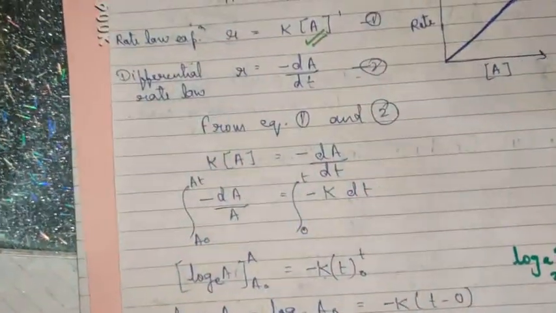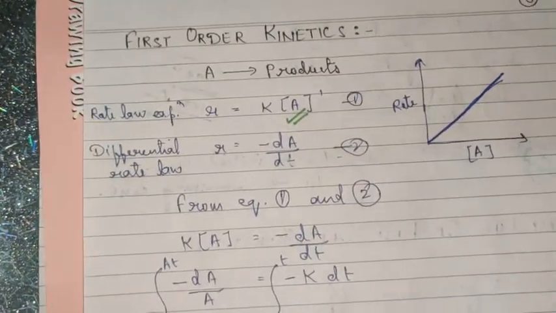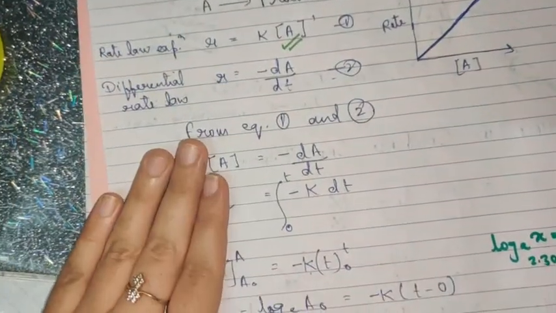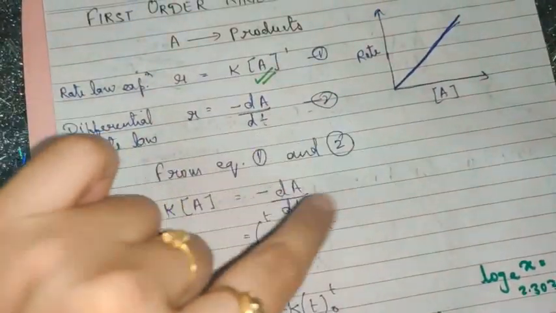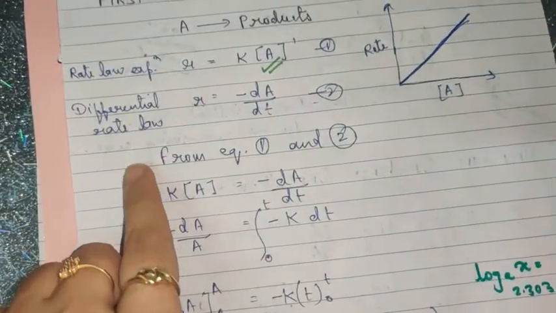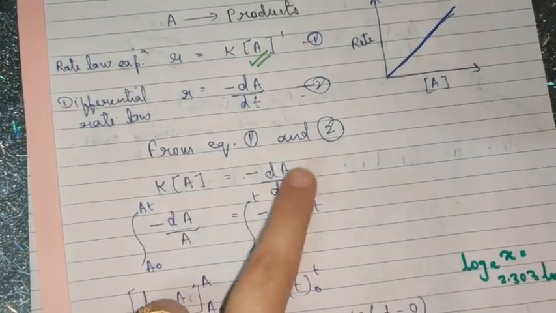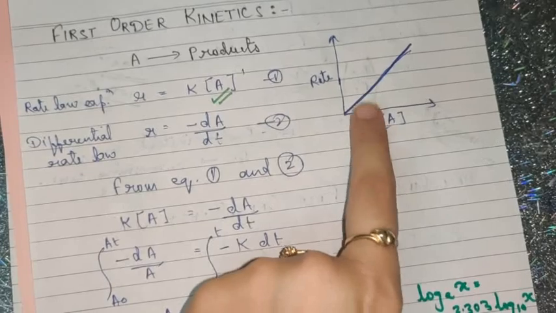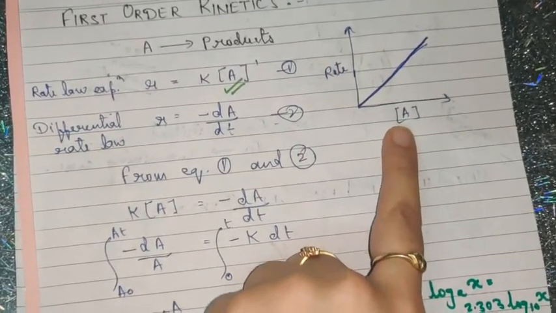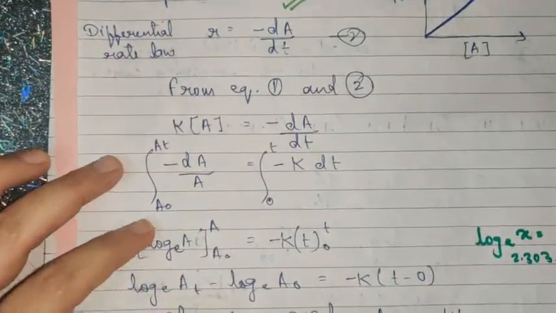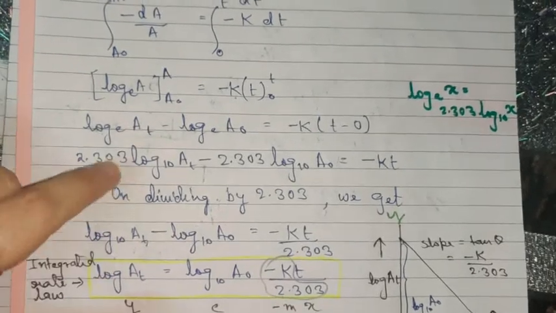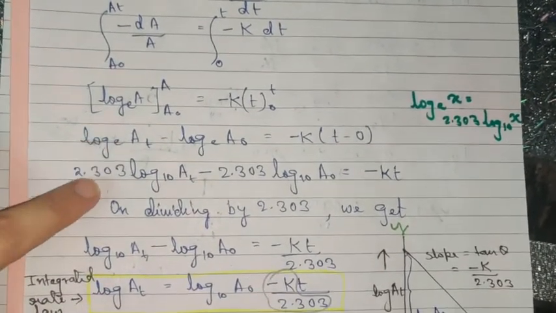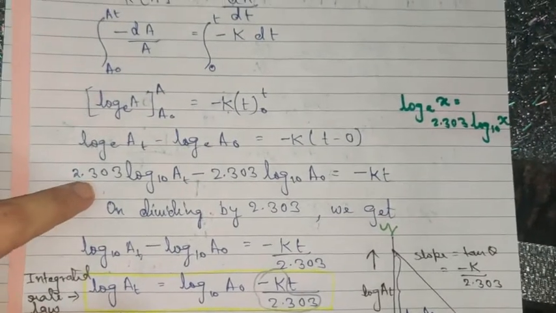So let us quickly see what we have done in this session. In this session we discussed the first order kinetics. Now in first order kinetics we used again this integration method. I hope this part is clear to you. A simple rate law expression and then differential rate law. On equating these two, you'll get this. This is again a very simple graph where rate is directly proportional to the initial concentration or the concentration of A. So on integrating, you'll reach this particular expression, and the point to note here, to convert this natural log into log base 10, we multiply it with 2.303.